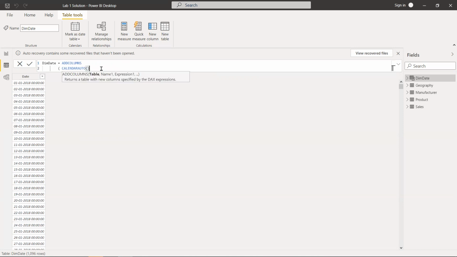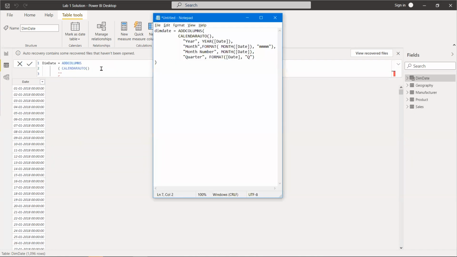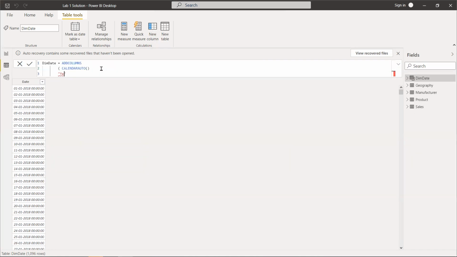Now we need to enter the name of the column that we need to add. For example, let's use date. Let's use firstly the year, then we could use a year function.